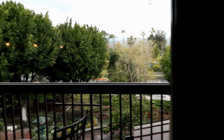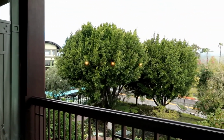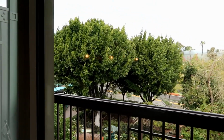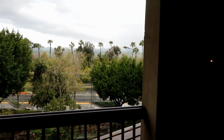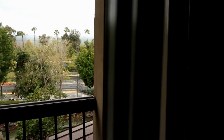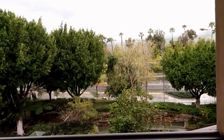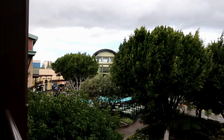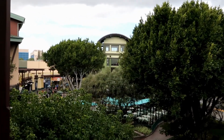For a couple of reasons. One, we got a downtown Disney view when we actually paid for a standard. They might kind of consider this a standard because it's not the best view of Downtown Disney. I mean, it's partially the tram, so which you can't see right now, but it is, you know, downtown, which is nice versus just a parking lot,